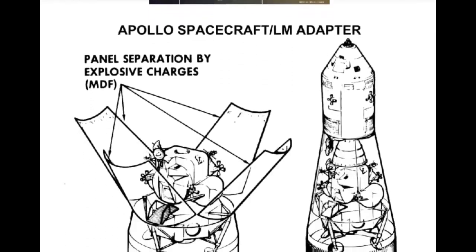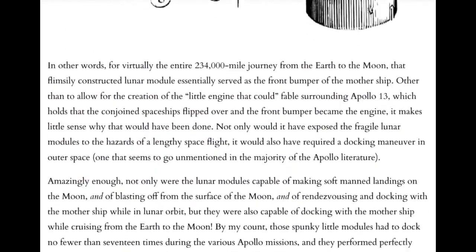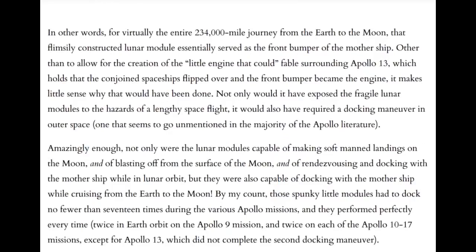In other words, for virtually the entire 234,000-mile journey from the Earth to the Moon, that flimsily constructed lunar module essentially served as the front bumper of the mothership. Other than to allow for the creation of the little engine that could fable surrounding Apollo 13, which holds that the conjoined spaceships flipped over and the front bumper became the engine, it makes little sense why that would have to be done. Not only would it have exposed the fragile lunar modules to the hazards of a lengthy spaceflight, it could have also required a docking maneuver in outer space,